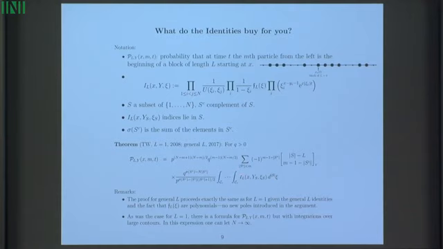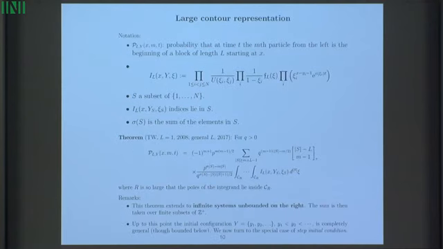Now, it turns out the proof for general L proceeds exactly the same as for L equal 1, given the general L identities and the fact that these are polynomials. So there were no new poles introduced. And as is the case for L equal 1, there's a formula for PL, but with large contours. So once you have all these small contours, then you expand them all to infinity. Again, you've got to worry about a lot of poles as you cross. And when you expand them to infinity,